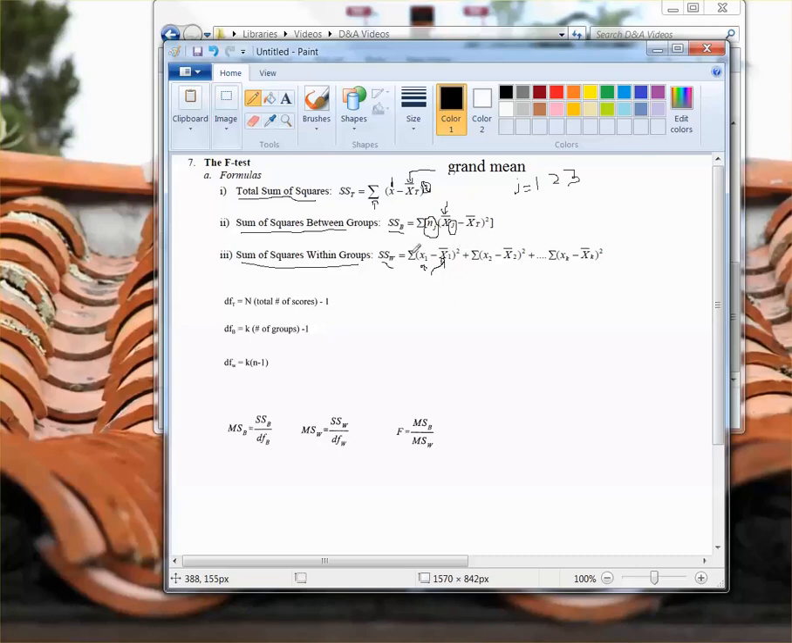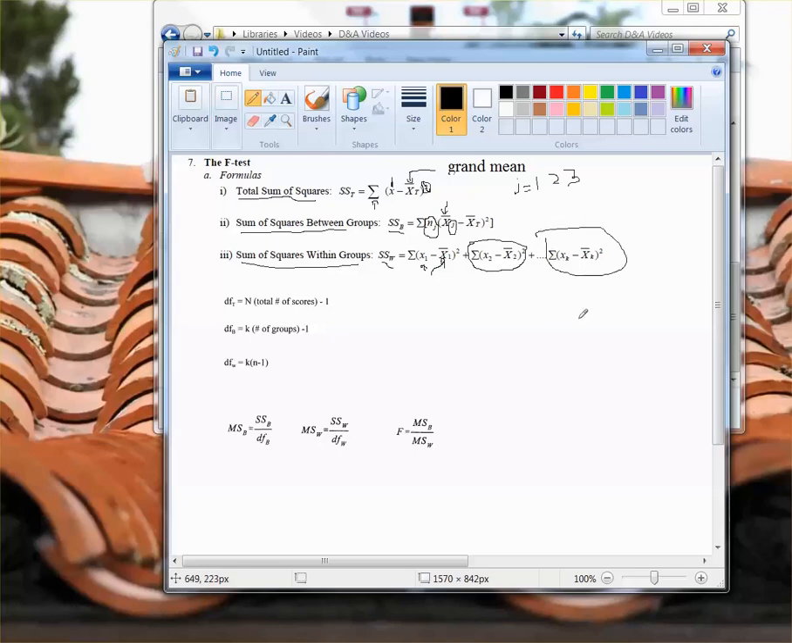So the first score in the first group is subtracted from its group mean. We're going to square it. We're going to sum those up. So we do that for the first score, second score, and so on, however many scores we have in that first group. We're then going to do the same thing for the scores in the second group, okay? So if we had 4 or 5 scores in the second group, we would have 4 or 5 scores subtracted from their group mean, squared, and then summed up. And we do this for every group that we have,